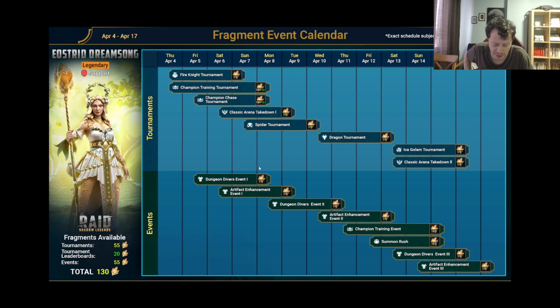Additional events can take place, and there is always the summon rush. And as you can see, the champion training tournament and the champion chase tournament feature additional 10 fragments to the lucky winners, and I think the winner and the runner-up gets that. So now extra fragments are of course meaningful, as you know, because you can use them in the fragment exchange